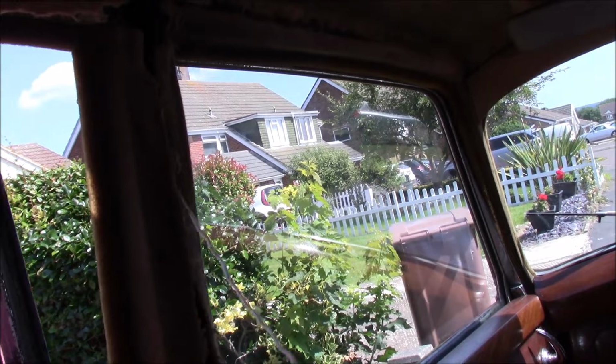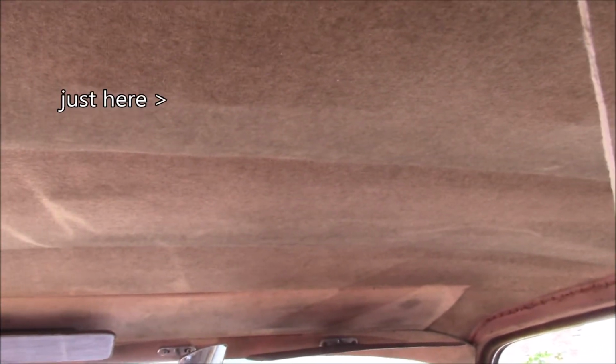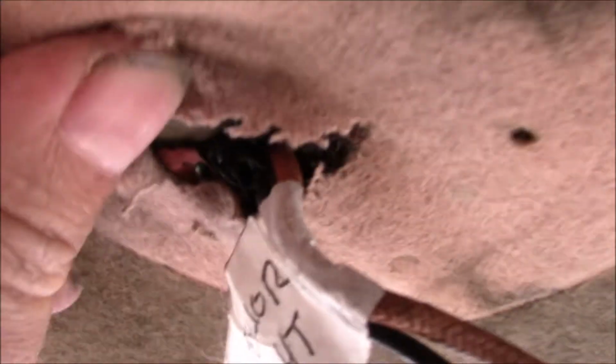I've got my string here for the wiring loom. You can just see it resting against the roof there. Now the gap between this and the roof of the car is quite small, but I can get my arms through. So I've been able to start feeding the wire loose, as you can see, and then I found it was getting stuck somewhere. So I had to cut this bit open a little bit because it was snagging in the middle, and I couldn't tell why. And it's because